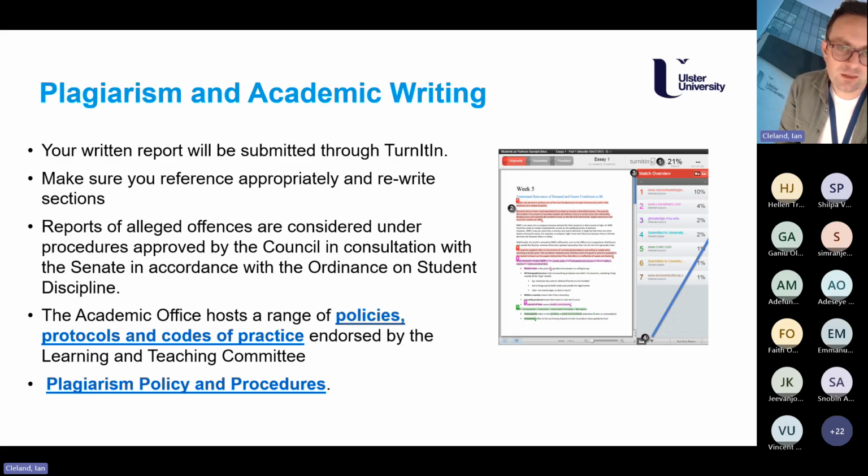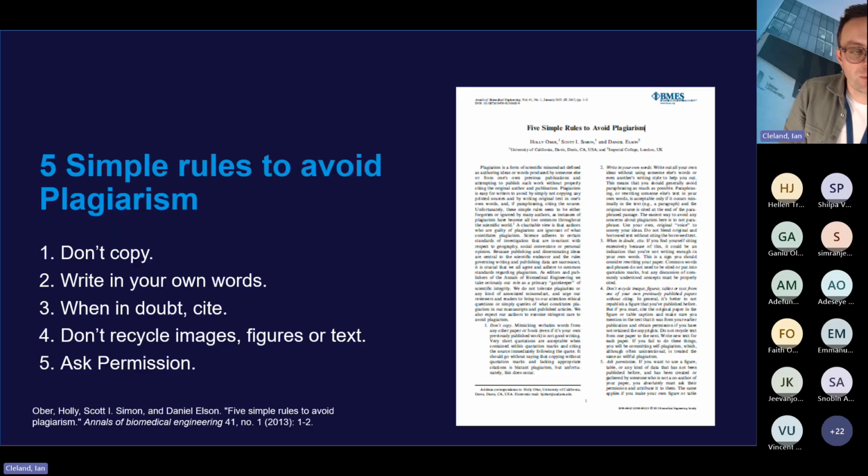So just be mindful of that and take care when doing your academic writing. For the project, there is only a one-time submission, so it isn't possible to do a test submission of Turnitin, and you won't see the Turnitin score in advance. So just keep that in mind when you're doing your academic writing. If you want to avoid plagiarism, I think these are 5 good, very simple rules to avoid it.